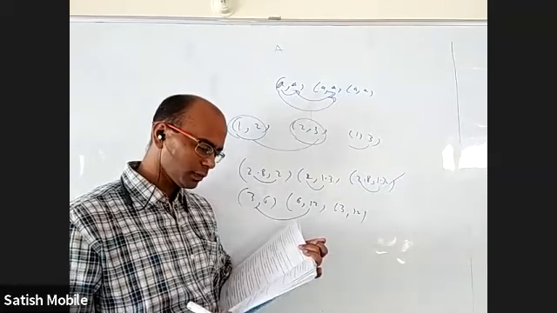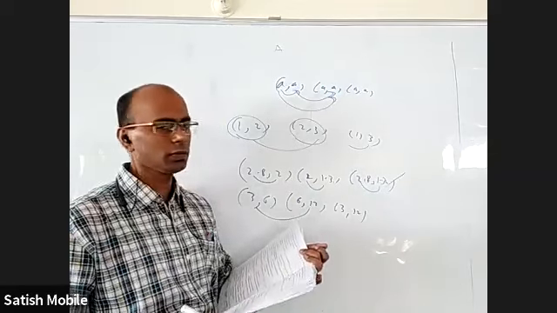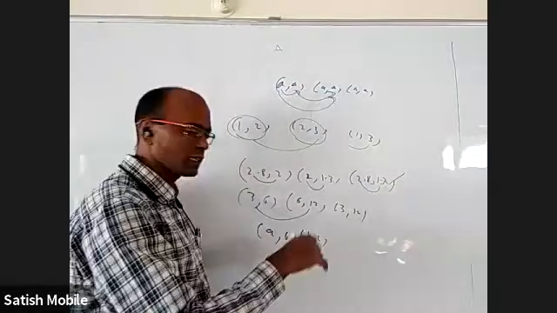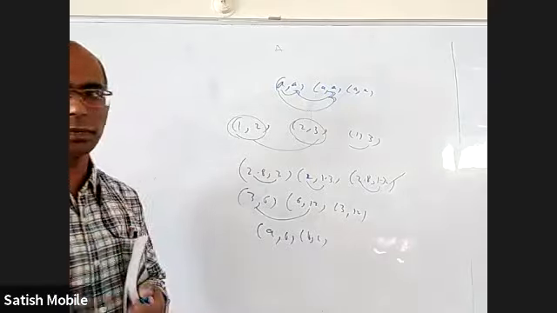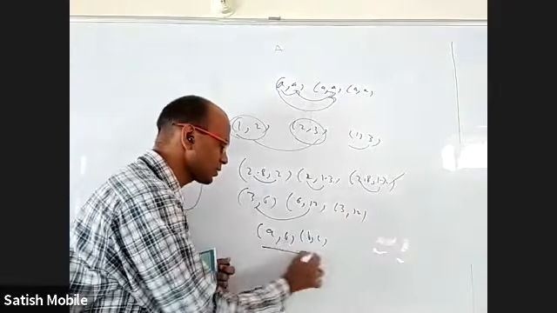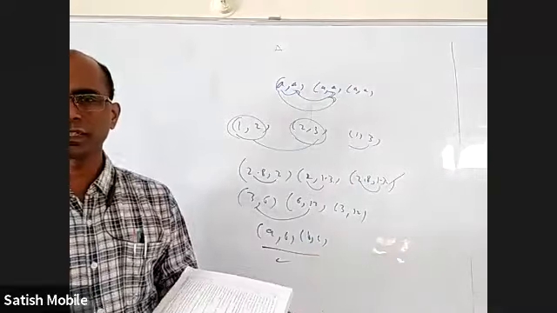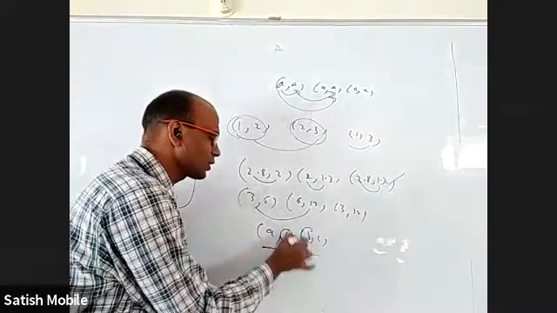3, 6 and no. You have to tell me what is AB, what is BC, such a way that AC is not there. Don't tell one ordered pair. Tell me two ordered pairs like this. Huh? 3, 6 and 3, 9. What is that? B here should be same.